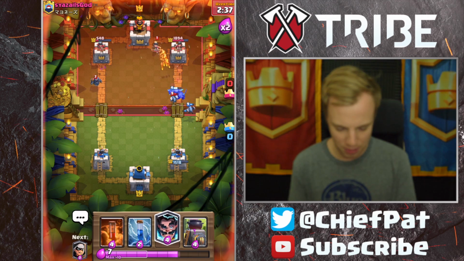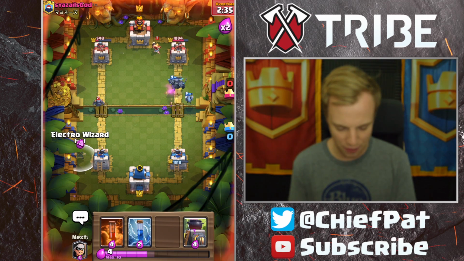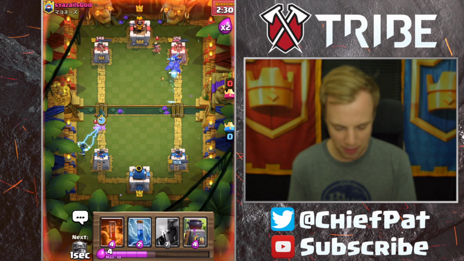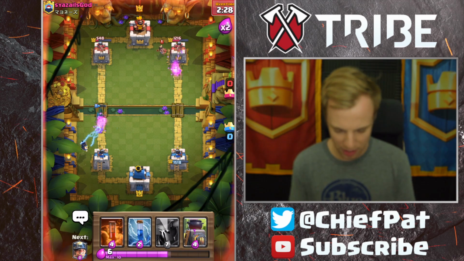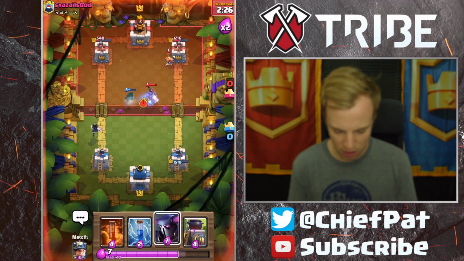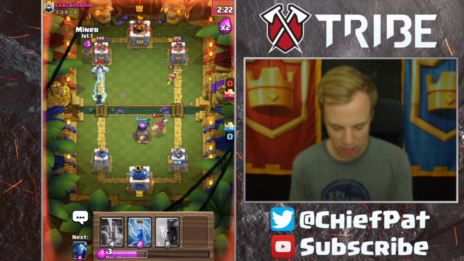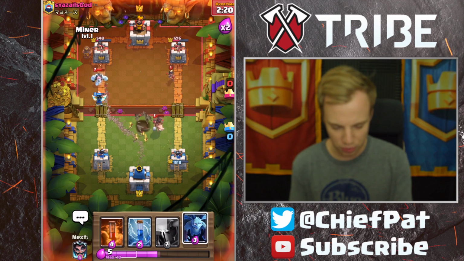All right, Princess going to be going down. Plays it outside of range of us to get value. I'll play our Electro Wizard just outside of range of this mini PEKKA. Hopefully we can end up killing it. Now we took a Bandit hit, which is a little unfortunate. Looks like his Hog Rider's going to go down, so we'll play our Furnace at the last possible second. And at this point, guys, we're going to just go ahead and throw down our Miner, let everything else run in. I'm getting a little